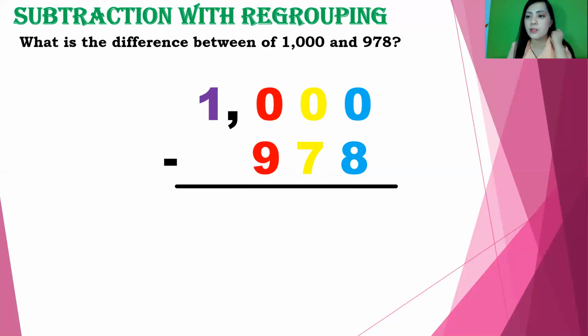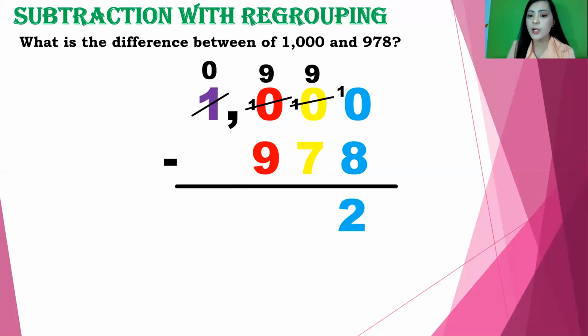You borrow in the thousands place, which is the 1. So since you borrow there, the 1 becomes 0. The hundreds place becomes 10. Since the tens place will borrow again, 10 becomes 9 now. So the tens place becomes 10. Since the ones place will borrow from the tens place, 10 becomes 9 now. So the ones place becomes 10 now in the minuend.